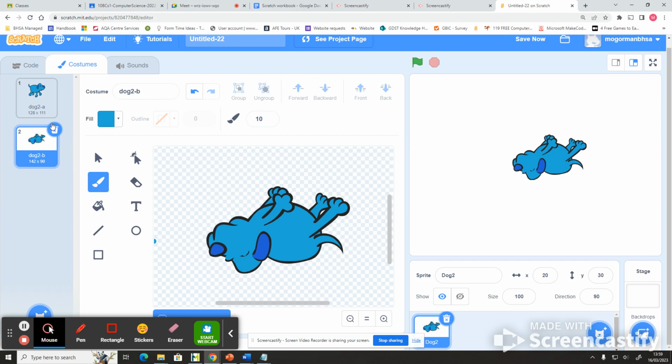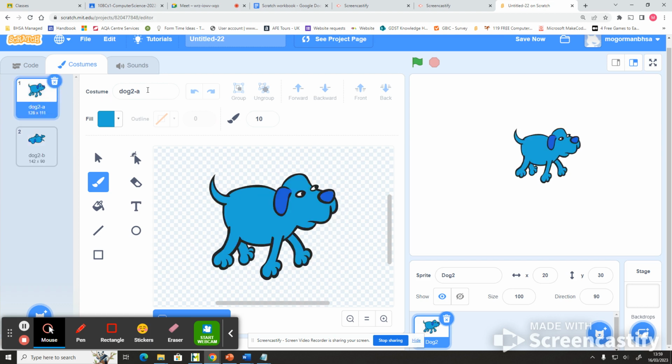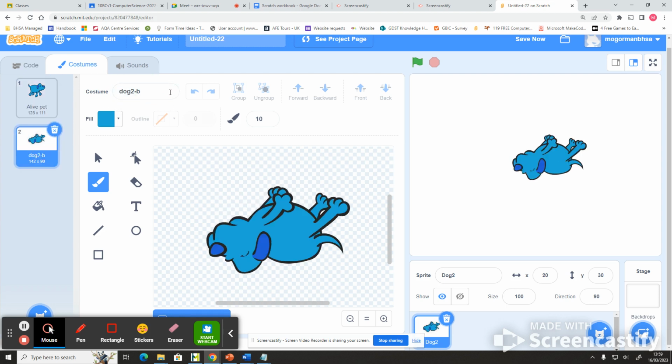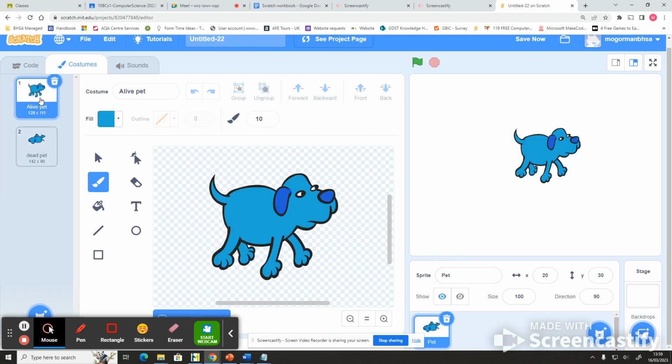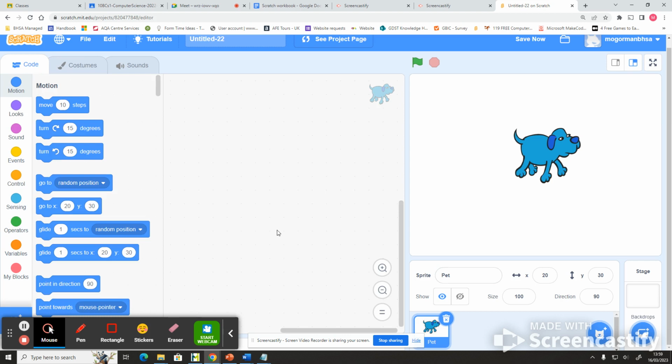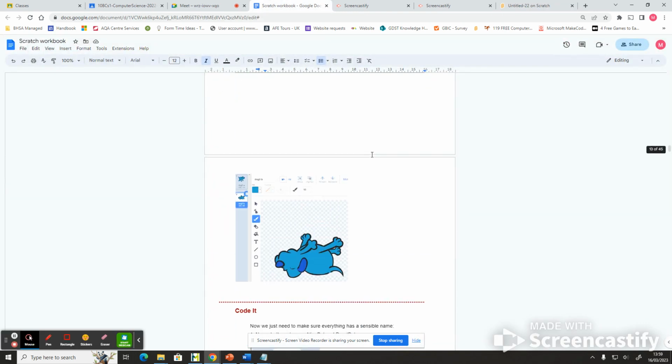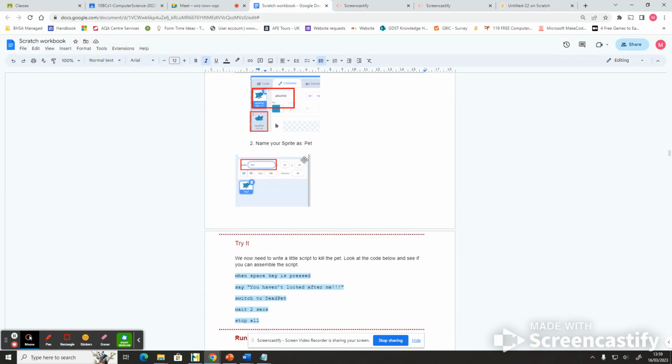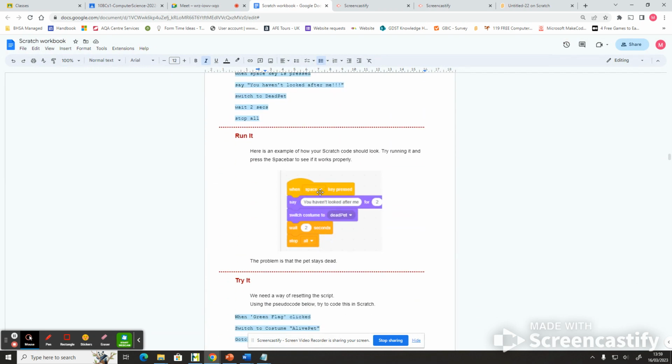So you can change the name of these as well. So dog 2A, as it says there at the moment, I want that to be alive pet, and then this one I want that to be dead pet. The name of the sprite overall down here, let's say sprite, I'm going to call that pet. Okay, so click alive pet and then go back to code, and then you should be ready to go back to your workbook, and you've made your costume, and so you're now up to this bit where when you press the space bar,